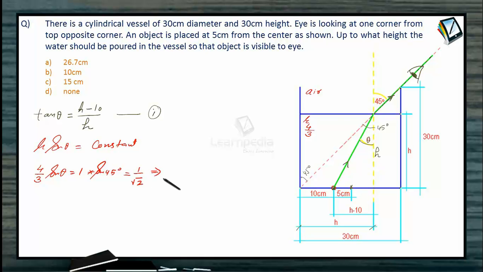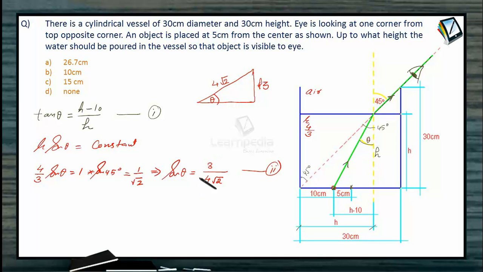So from here you can see that the value of sine theta that we have got from this calculation is 3 divided by 4 under root 2. So this is our equation number 2. So from equation number 1 and 2 we can see that if we somehow calculate the value of tan theta instead of sine theta, then we can directly substitute here. So you can calculate the value of tan theta out of this sine theta, as we know that suppose there is a right angle triangle here and its height is, suppose, 3 and hypotenuse is 4 under root 2, and this angle we are assuming to be theta.